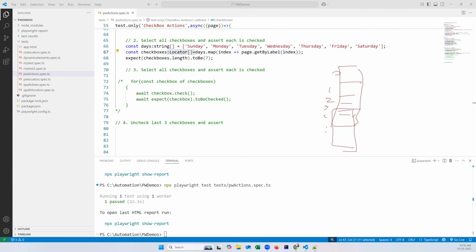So, the last three elements. There is a method called slice. Do you guys remember? In JavaScript, slice. Yes. In the slice, we can pass a negative. Suppose I say